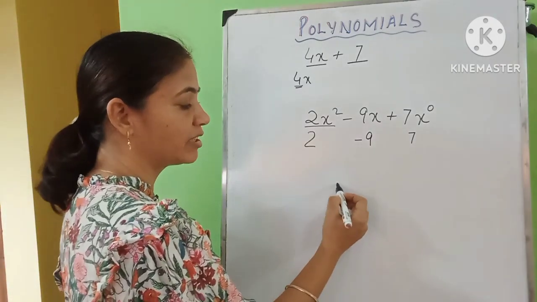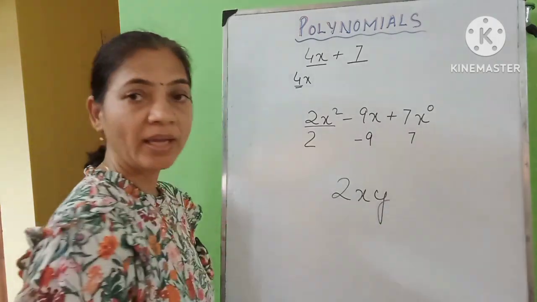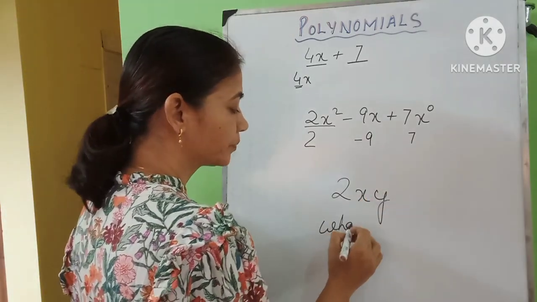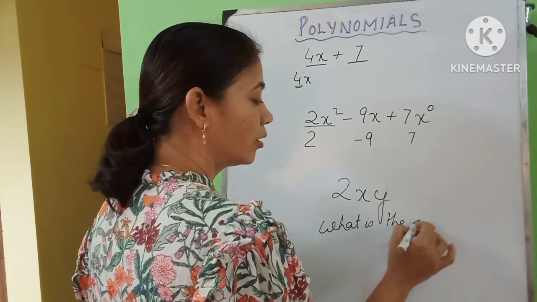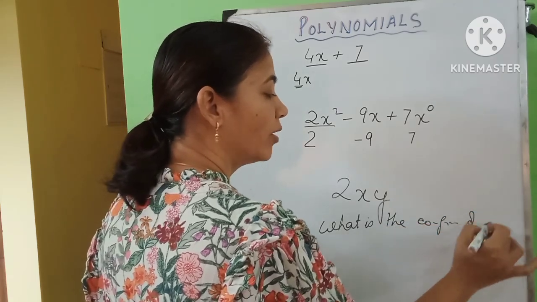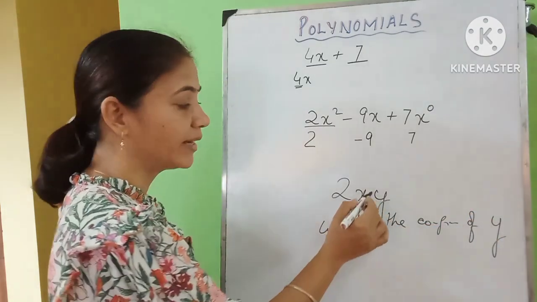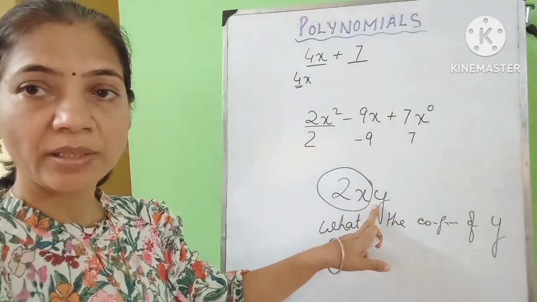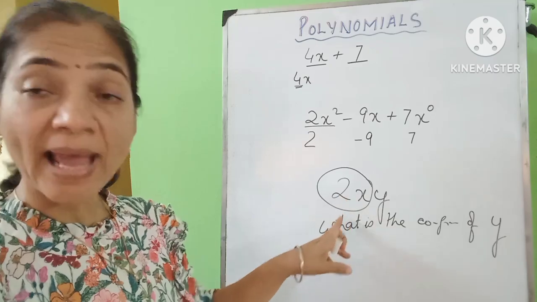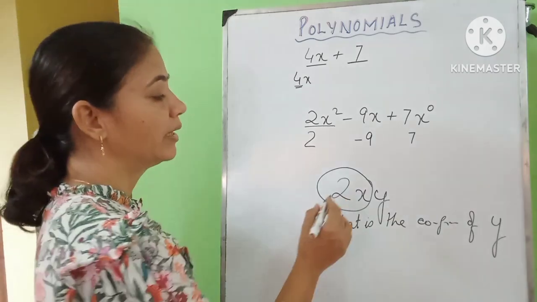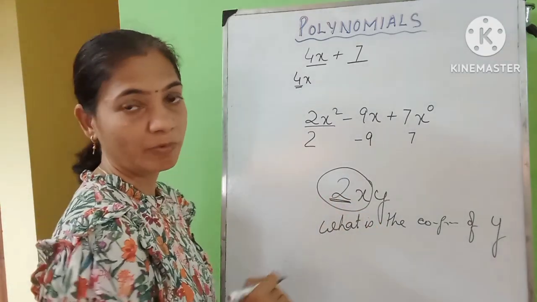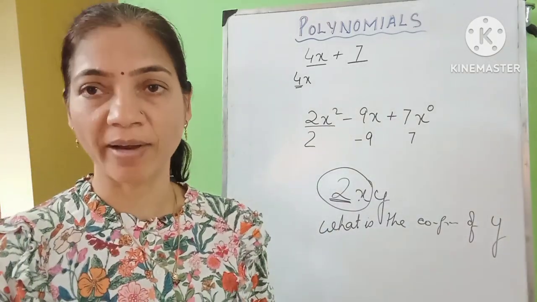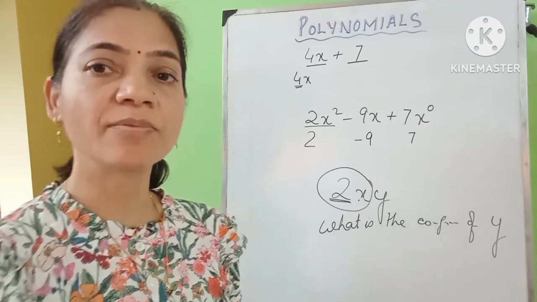Suppose if I take a 2 variable term, 2xy. Okay. Sometimes it is asked, what is the coefficient of y? Okay, so you have to leave the y term, its coefficient is 2x. Leave the term. Everything else becomes its coefficient. And if they ask the numerical coefficient, then the numerical coefficient is 2 for xy. Okay, coefficient is everything else, other than the term whose coefficient you are finding. Okay, after this we'll come to